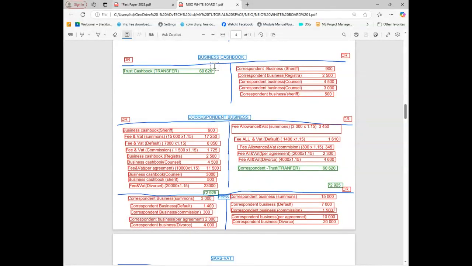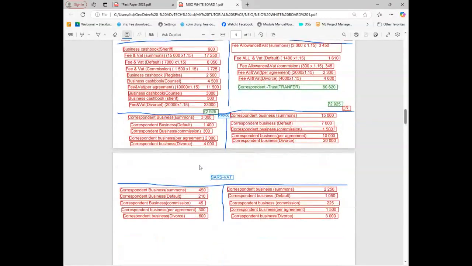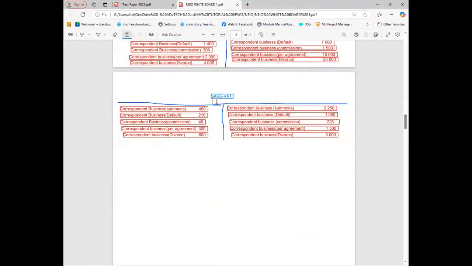So the only thing that you can do is to balance these accounts. I think you know how to do that. For the business bank account, you're going to have balance carried down, balance brought down. Do you know how to do that? Yes. Even for SARS, you do the same thing. It's the balance carried down, balance brought down. You just look at the biggest side. It will depend on the biggest side, so you can just put it here. I'm not sure how much it is, but you can add it if you want us to balance it together.